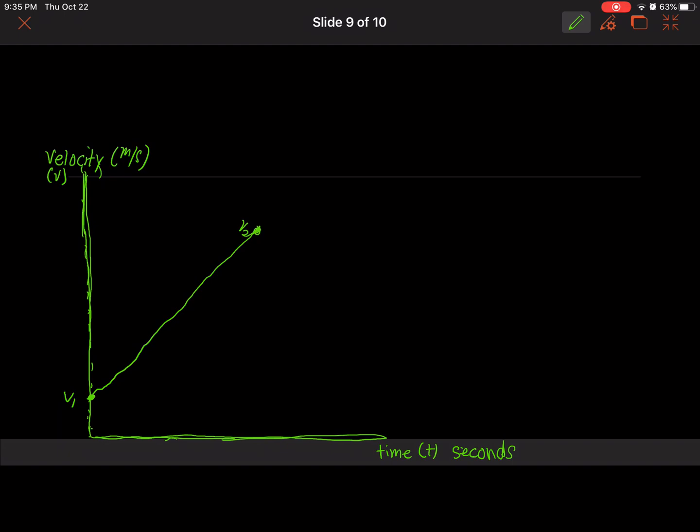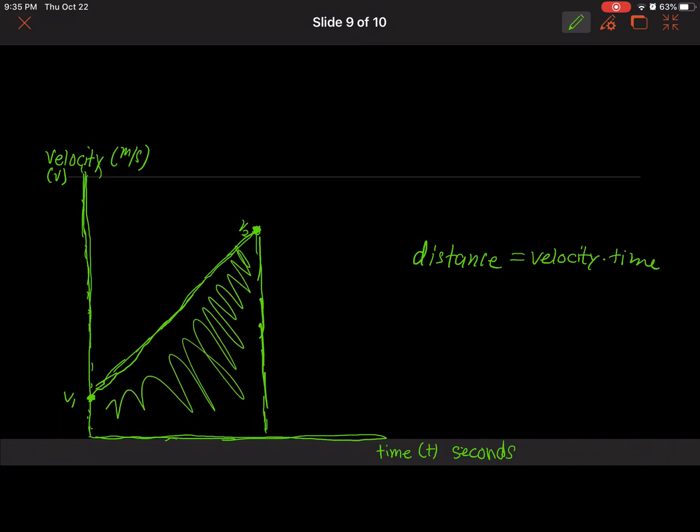So now we want to find the distance. Now if you think about it for a minute, remember distance equals velocity times time, right? So this area over here must be the distance that's covered, right? Because this is velocity times time. If I find the area over here, or at least the area of this triangle,